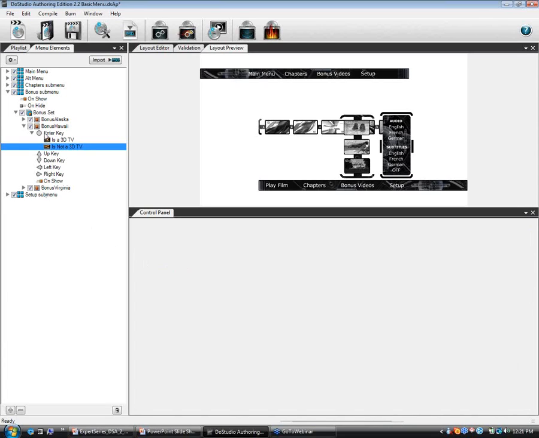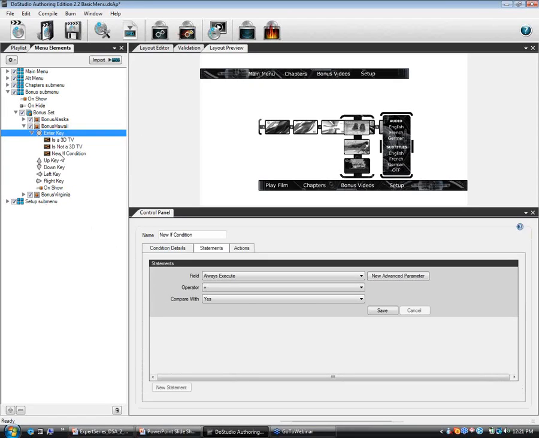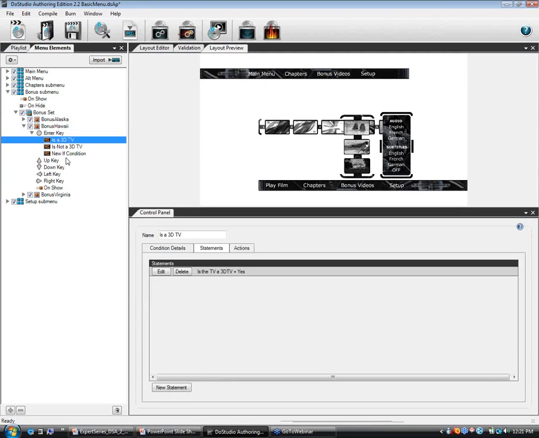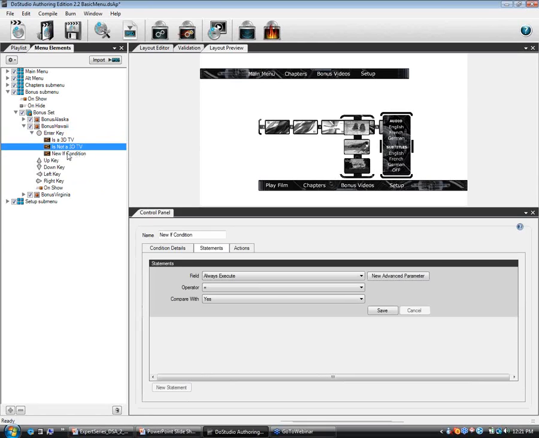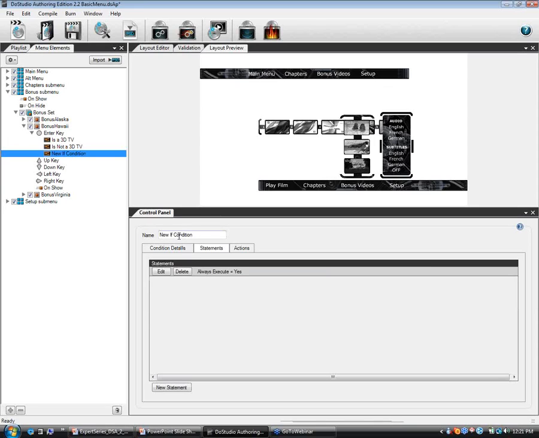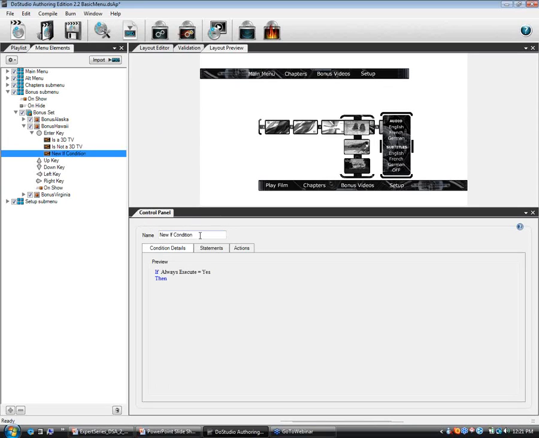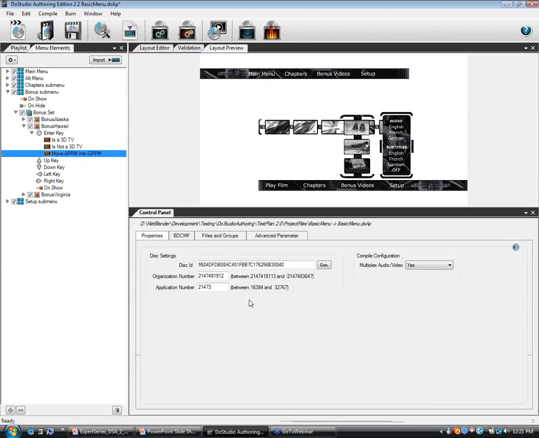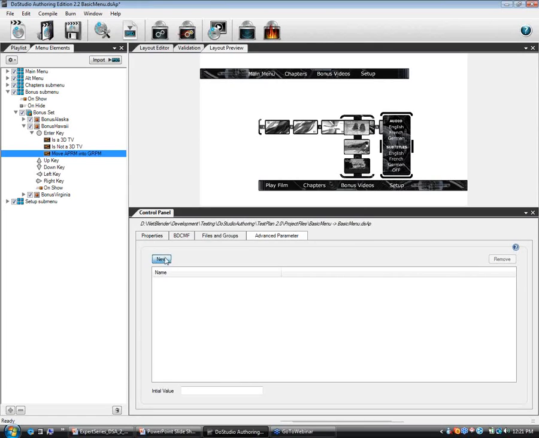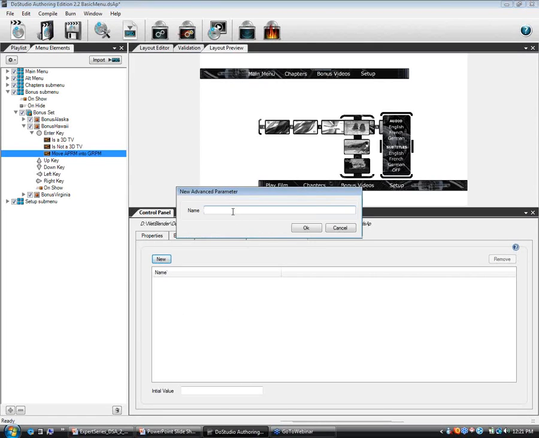And let me give you an example of the always execute feature. So here I'm going to say that if it's a 3D TV, play the title. If it's not, then play the playlist. So I can come in here and say always execute yes. And I'm going to say this is going to be a move APRM into GPRM. I'm going to set up an APRM. I don't have any in this project,